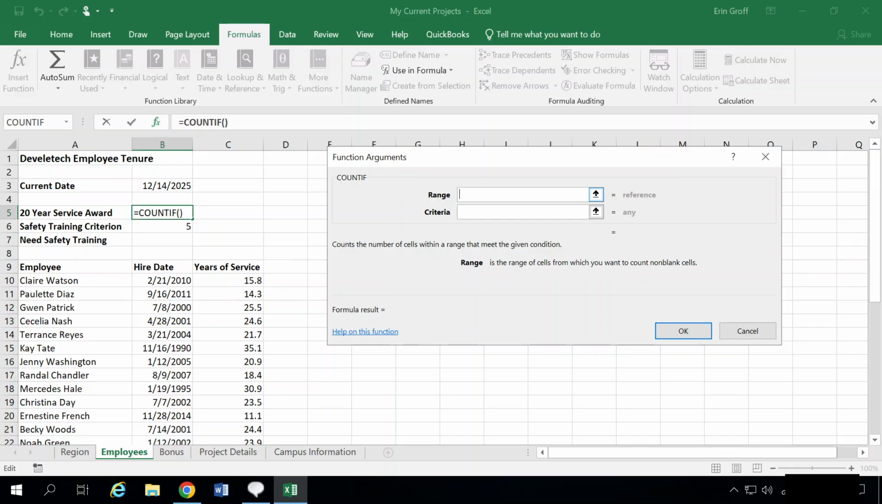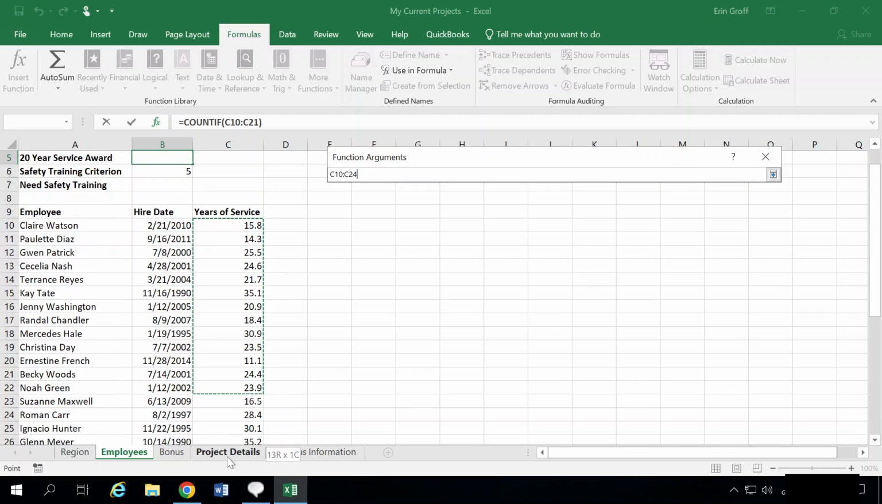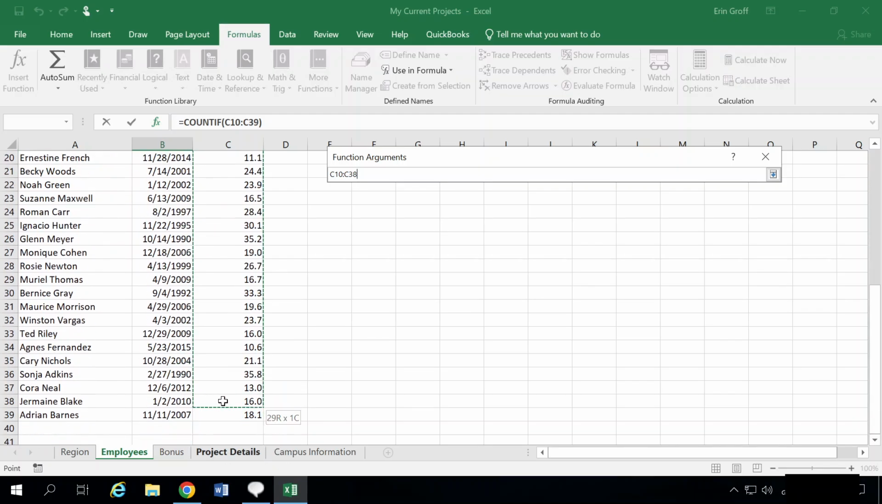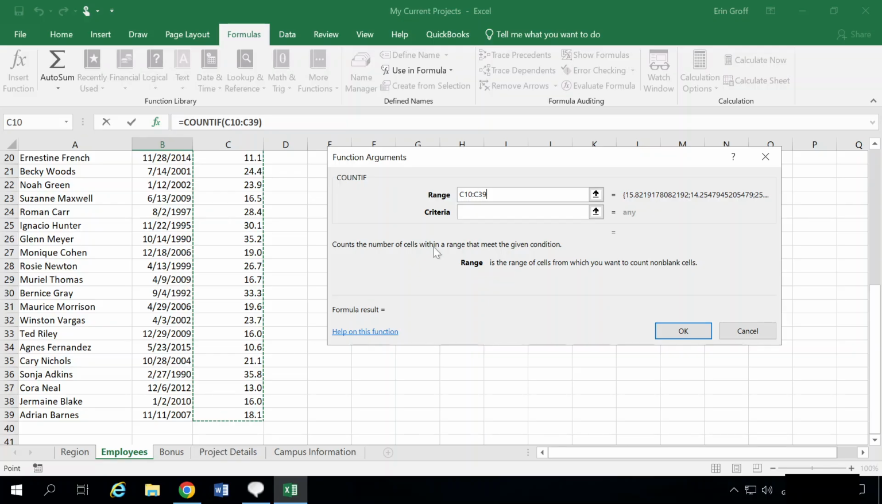The range we want to look through is C10 through C39. You can click and drag, or you could just type it in that argument box if you wanted to. C10 colon C39 is what we're going to be looking through. And the criteria we want here,